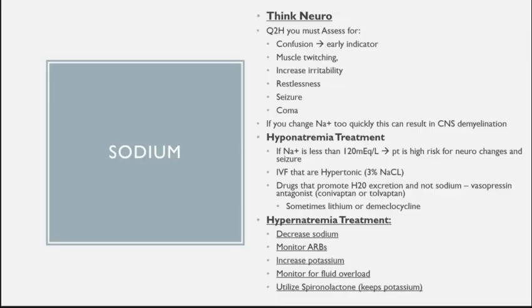And the reason why we can't adjust sodium too quickly is because it demyelinates the neuron, and you can't come back from that. You damage the neuron, it's done. In the same instance, if our sodium is too low, let's say it's at 120, we can only bring up that sodium level to 132, so 12 milliequivalents. Sodium is neuromuscular. It affects your neurons, so it's going to affect your level of consciousness, but also patients become twitchy.